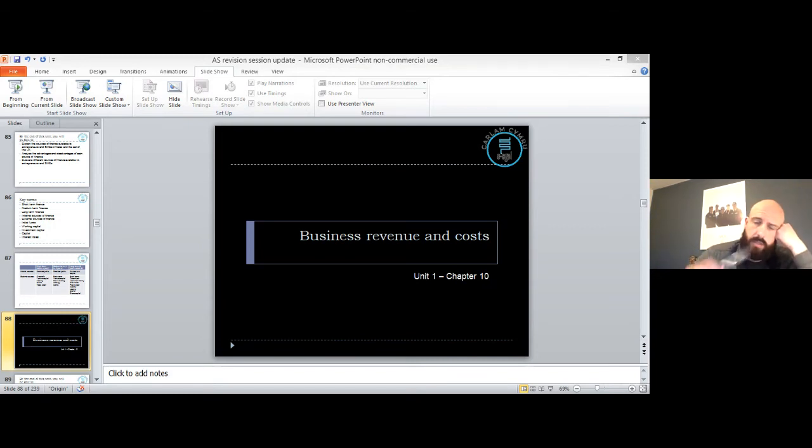If you have a look at the axis, you've got sales along the left-hand side and time along the bottom. All products go through this, where they're initially introduced. What you see there is maybe a high spend on marketing and advertising, so people become more aware of the product. Then you've got growth. You start to see rapid growth there, where a lot more people are becoming aware